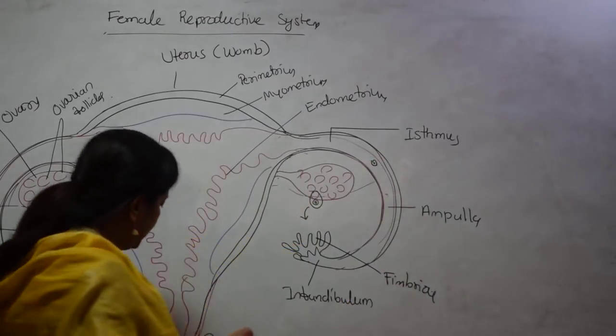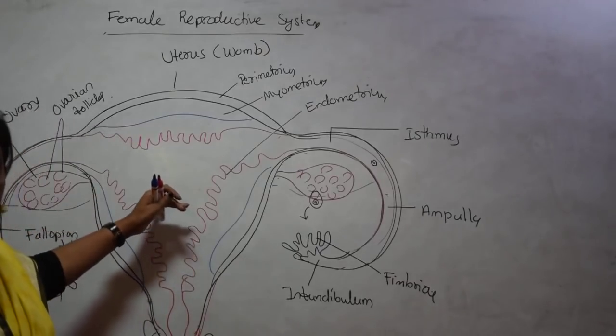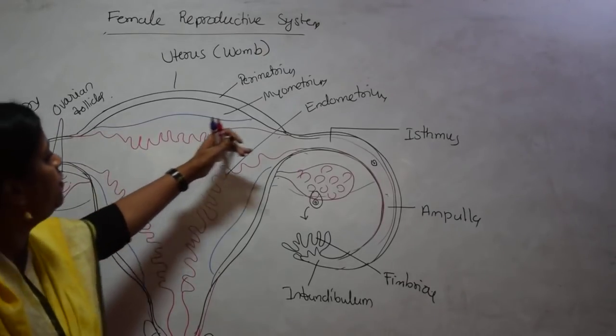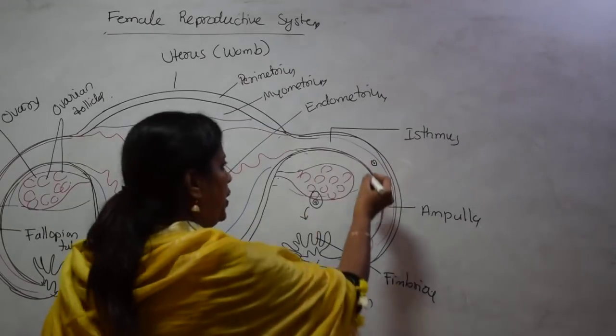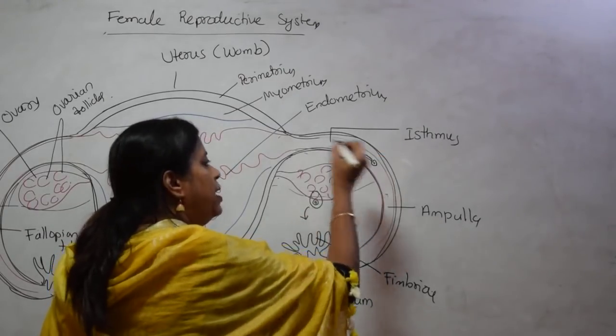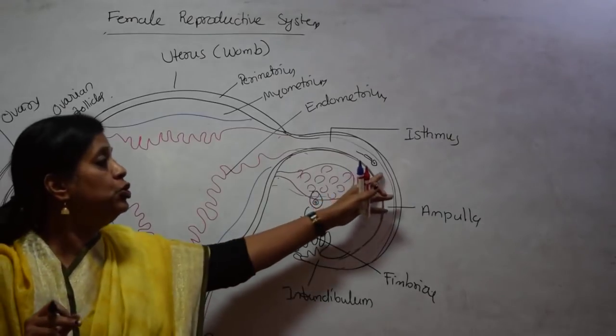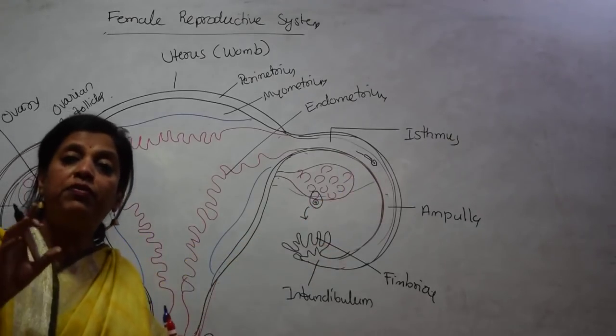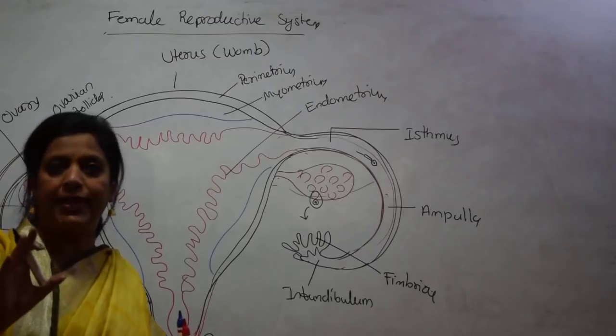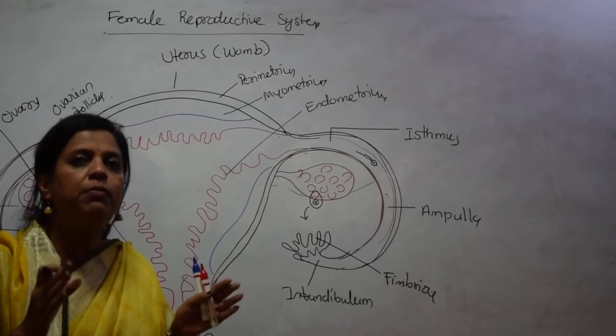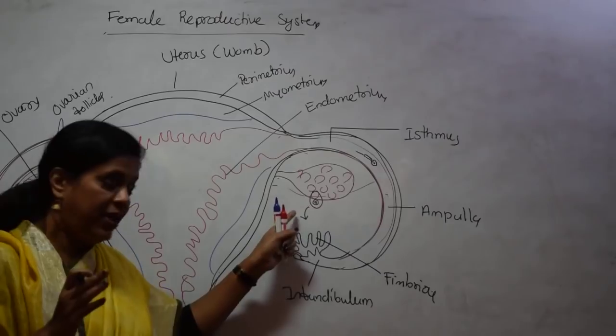And if it comes in between, almost like at the isthmus ampulla region, if the egg is here, if the sperms enter through the vagina during the coitus, then if they come in contact with the egg over here in this area only, there will be fertilization. Otherwise there is no fertilization. Right? This actually happens on the 14th to 15th day of the menstrual cycle. Means at the mid of the menstrual cycle, egg will be released by the